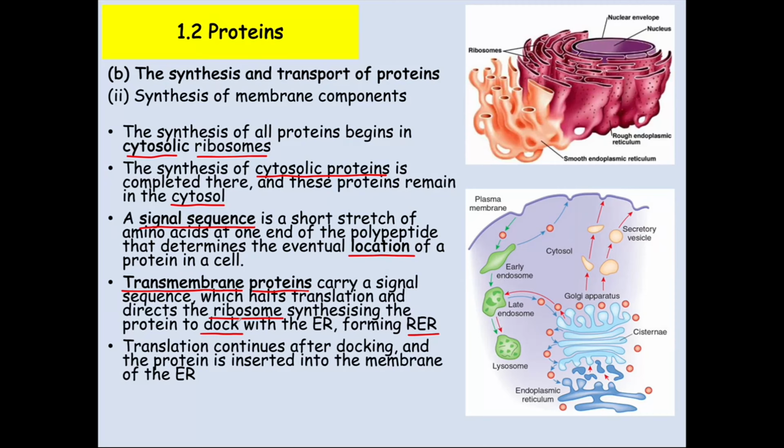And then once it's docked with the ER, translation will continue. The rest of the polypeptide will be produced, and then that will be inserted into the membrane of the endoplasmic reticulum, and it will pass through that series of membrane tubules that we talked about earlier on. Okay, so the ribosomes on the surface will complete translation. Then the polypeptide will insert itself into the rough ER and work its way through these